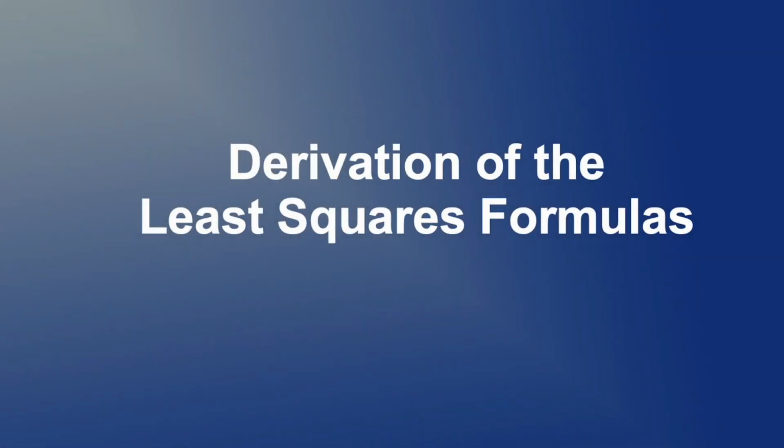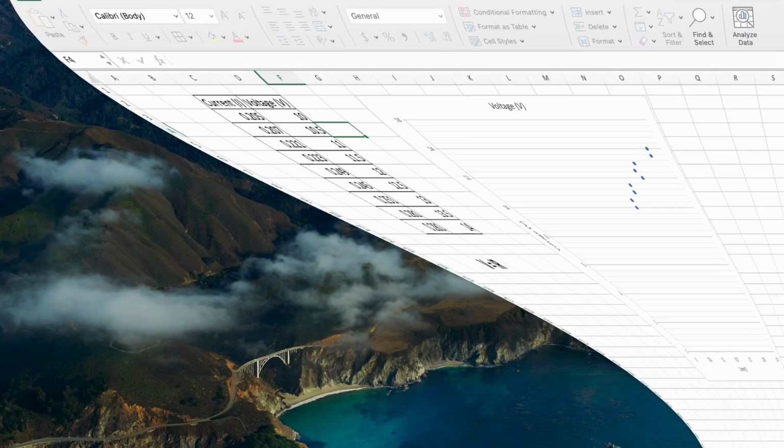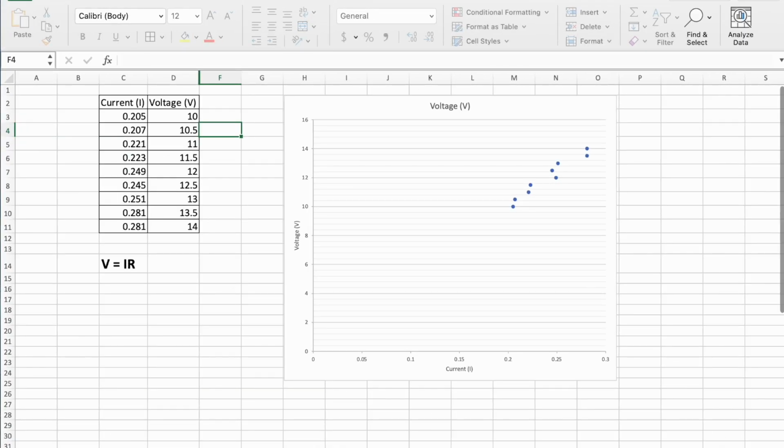Derivation of the least squares formulas. These formulas are used in data analysis, and in this video we will see exactly where these formulas come from. We will start with Excel, and the example or motivation that we will have is a simple linear relationship called